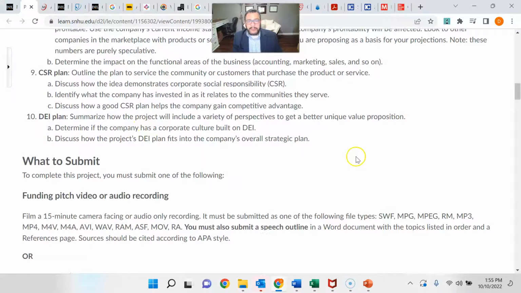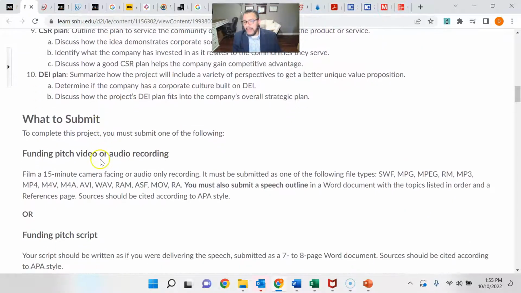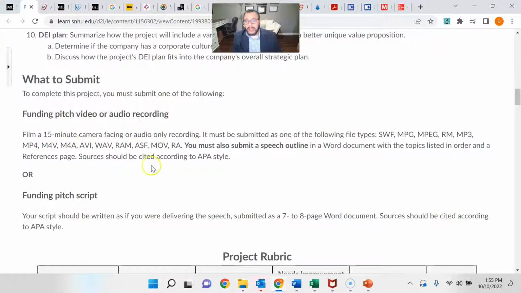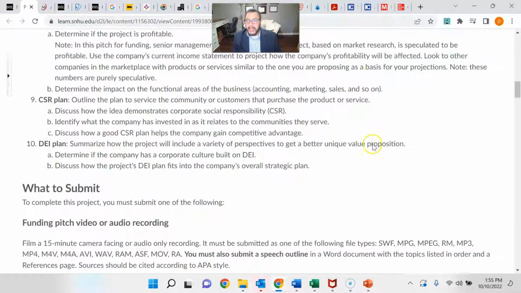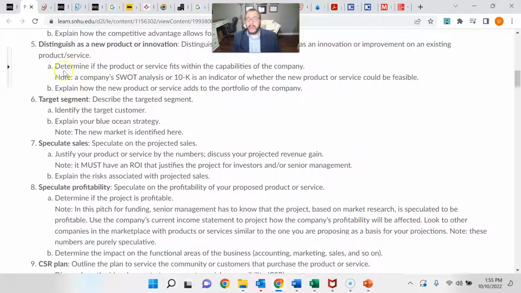And this says that you can actually submit your script for this, or you can submit an audio or video recording. Either or is fine with me. The thing is, make sure that you are hitting each one of these points. Okay? So that's really it